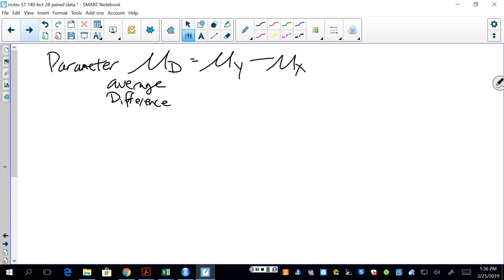Depending on the context and what these variables mean, you might take the difference the other way, but we're going to take the y bar minus x bar differences that way, so that's what we're interested in. So we can either do a confidence interval for this,